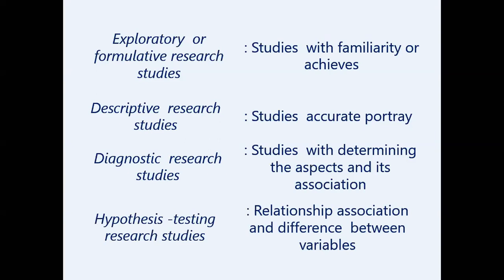Next is your hypothesis testing, which you have already learned. It is between the relationship, association, difference between the variables and all, like your height and weight, your length and breadth, your fresh weight and the height of the leaf. So it can be anything. So hypothesis testing is done when you have to just find the association, or you have to find the difference between two different parameters. Am I clear? Now, as we go further, there is a type called basic research.